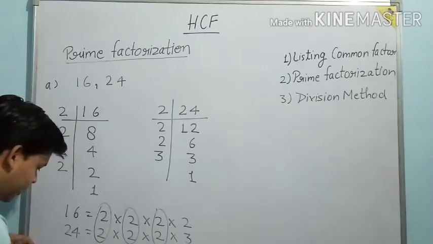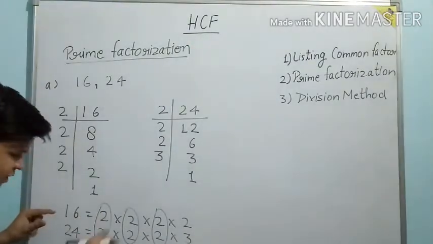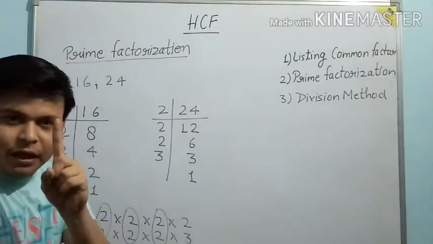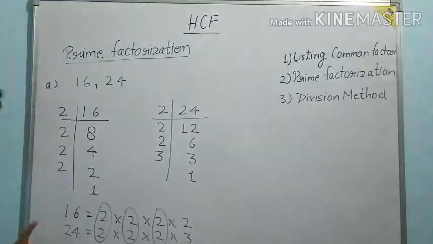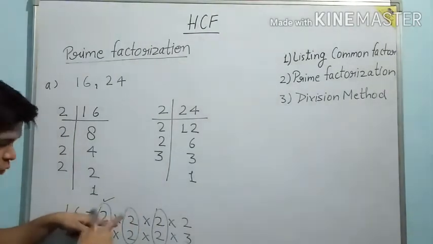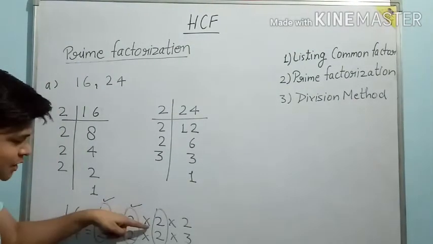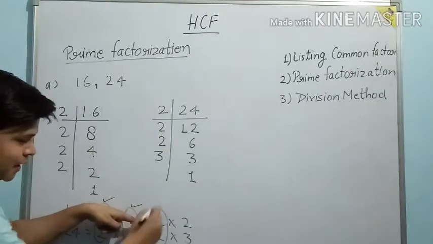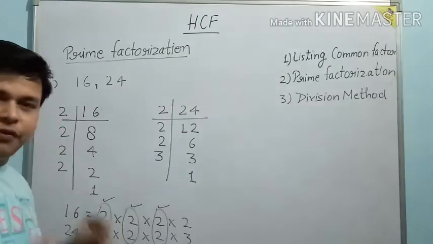Now to find out the HCF, we have to focus on what we are going to do. From each pair we will write only one number. Just like this is a pair of 2 and 2, but we will write only one time 2 from this pair. Done. Next pair is this, so from here also we'll take only one number. This is also done. Then from this pair one more time 2. Done. So these numbers we will not touch, we will leave them.